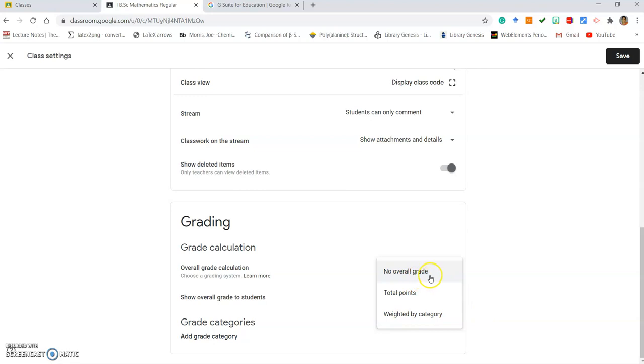As of now, we have something like a choice out of 3, where maybe we pick the best 2, so I just put no overall grade, I just pick this option. It's up to you, you can pick whatever things you are conducting in Google Classroom.